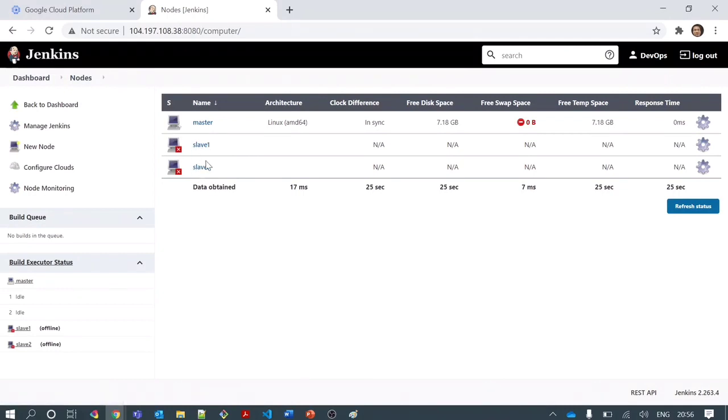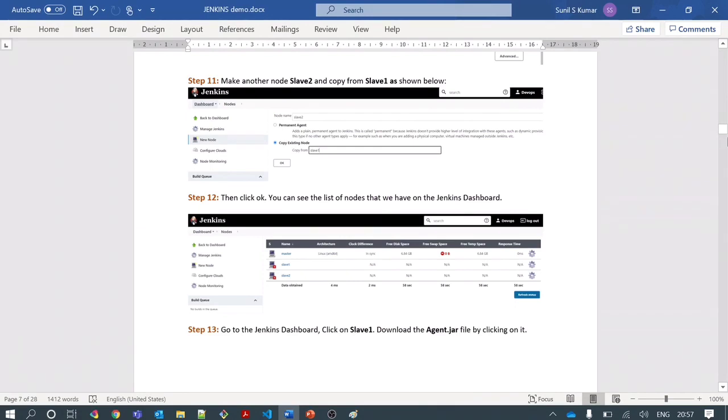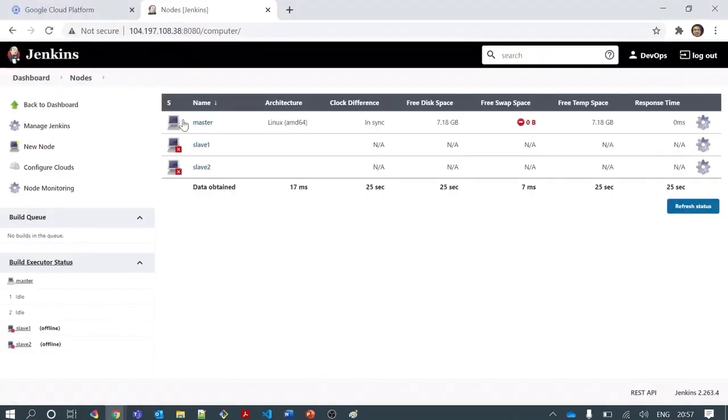My both nodes are added here, but you can see there is a cross mark. Why? Because these are not configured and connected to the master server yet. So that step we will do. Before that, I need to create one directory on my slave 2 also. If you see here, I have not created any Jenkins folder here yet. I need to create the Jenkins folder so that I do not face any issue while I run any job on the slave 2 machine. So let's check the directory. The same directory is available here also to run all my Jenkins jobs. What's next? I need to connect my agents to the master server.